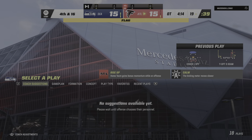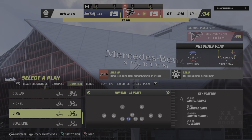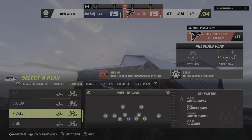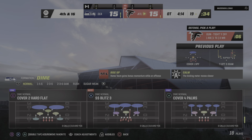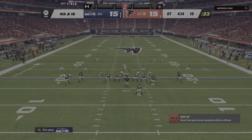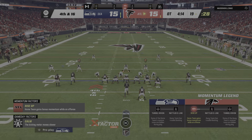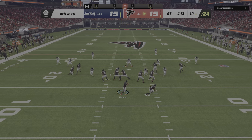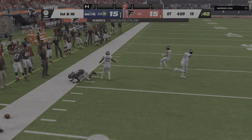So they accept the penalty, of course, and push the offense backwards a bit. Fourth down, Mariota. And it's incomplete. They cannot